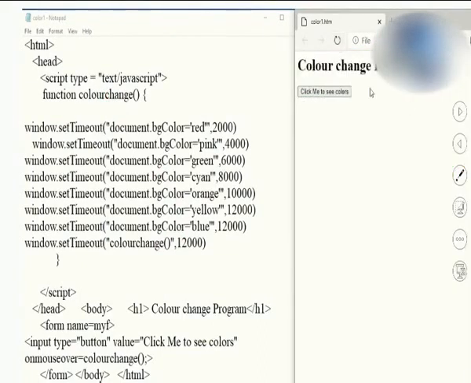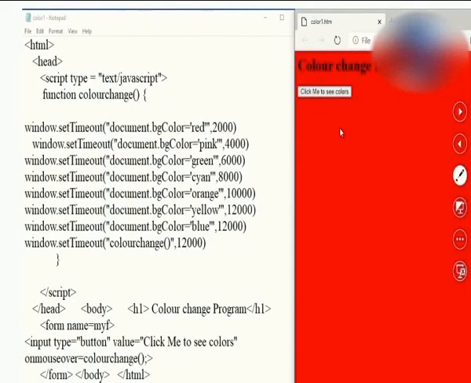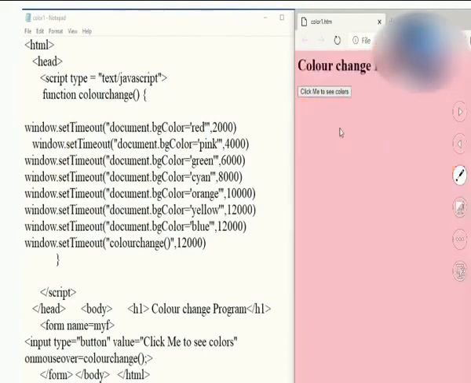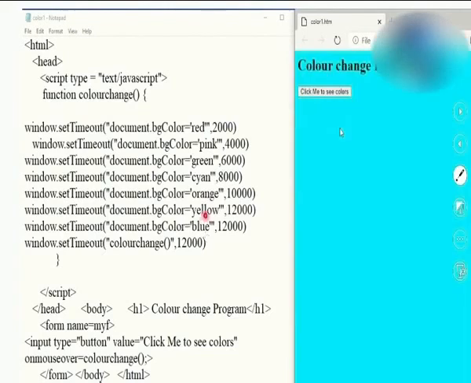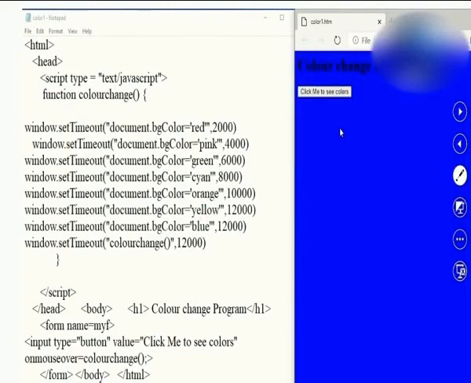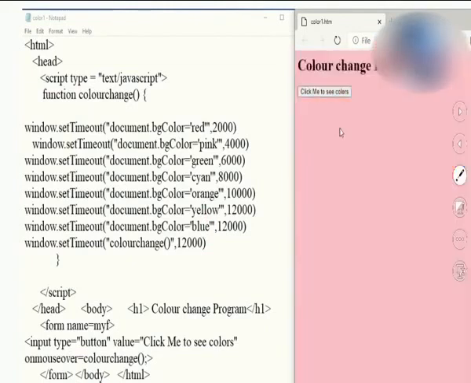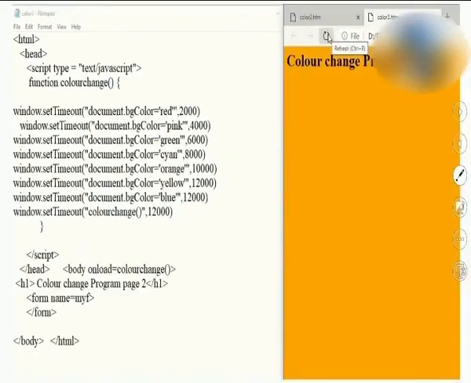So let us observe this demo. Here it is changing the color because I have refreshed. Now I have moved the mouse pointer, and once I moved it over here, it has started changing the color. Now observe, at the end it is going to be blue, and again it is going to change to red. Now it will be red. Yes. Let us see the next page for this. This is page 1 you are supposed to create in this assignment.